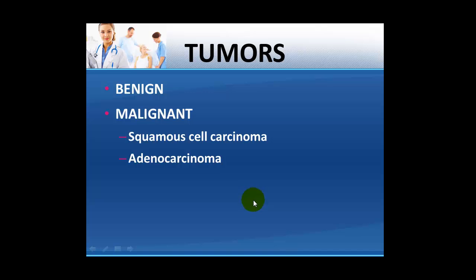Now coming to the tumors, they can be benign, as we know, they can be malignant, and the malignant tumors which we shall be discussing are the squamous cell carcinomas and the adenocarcinomas of the esophagus. Of course, we know that squamous mucosa is the mucosa which lines the esophagus, and adenocarcinoma is seen in columnar cells. These are the cells which lead to formation of glands, but in the esophagus we don't have columnar cells. So adenocarcinomas will be seen in the setting of Barrett esophagus, and they won't be seen otherwise.